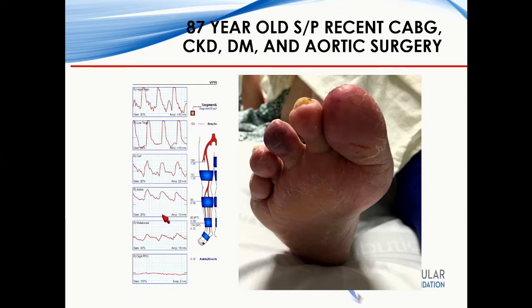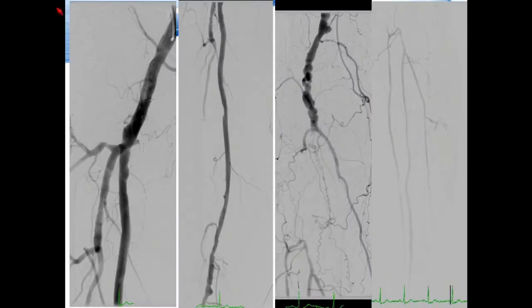You can see that it's a flat waveform and an abnormal ABI. Patient obviously has extensive vascular disease. The common femoral is fine. The proximal SFA is okay, but there's extensive disease with a totally occluded P2 and P3 segment with reconstitution here of what appears to be AT and the tibioperoneal trunk, but extensive collateralization also at the distal edge of the occlusion. So in this situation, we tried the antegrade approach and we were not successful,